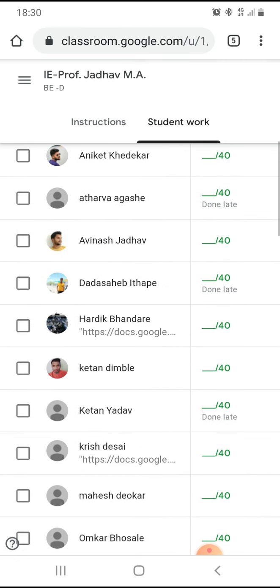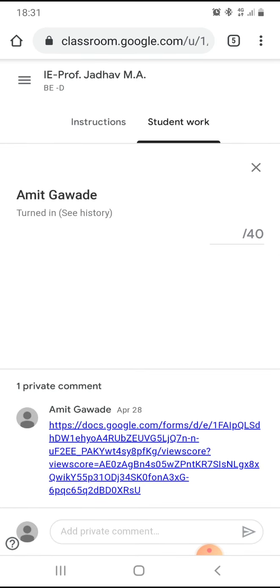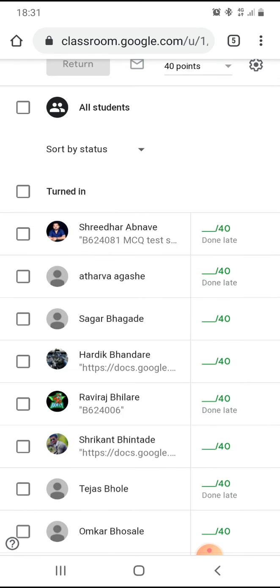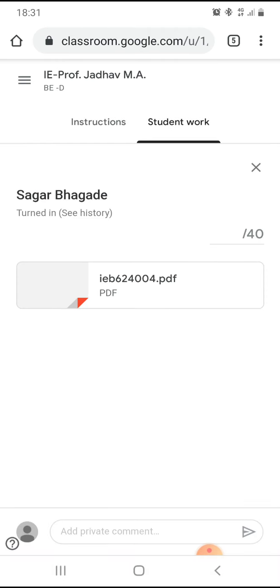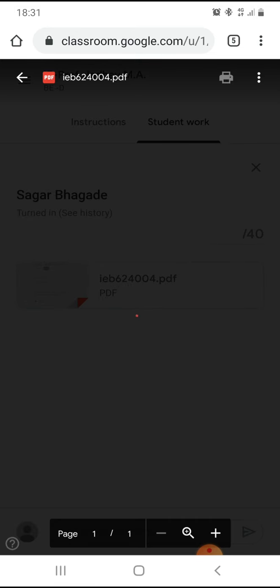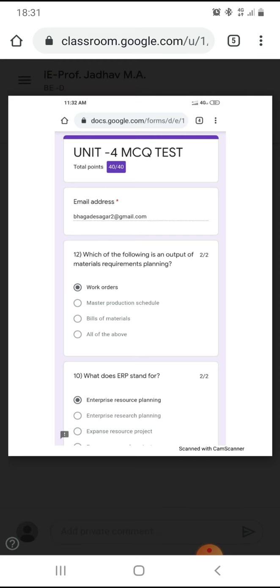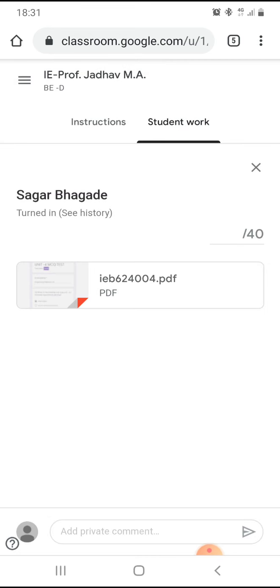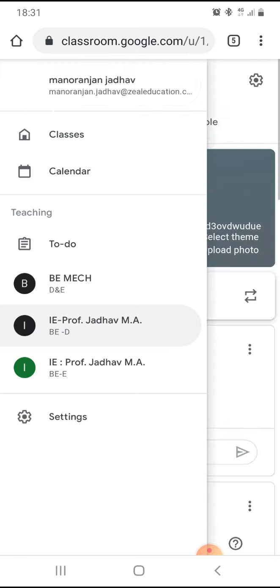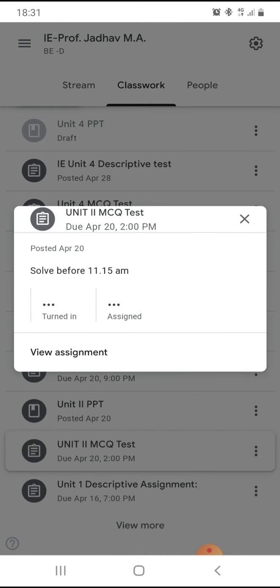So it is very helpful. I click here, Amit Gowde. They have uploaded a written document here. No, it's an MCQ test, they have solved it. One other I will show you. MCQ.